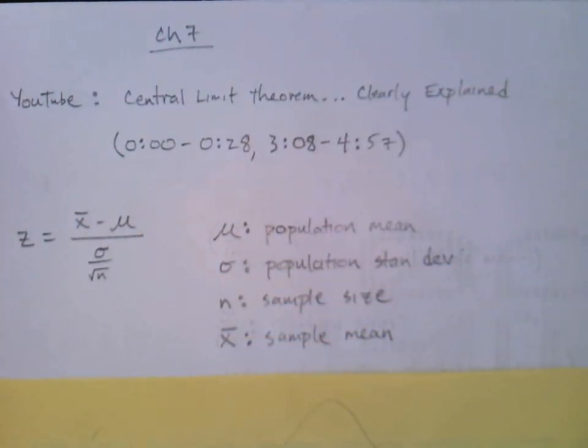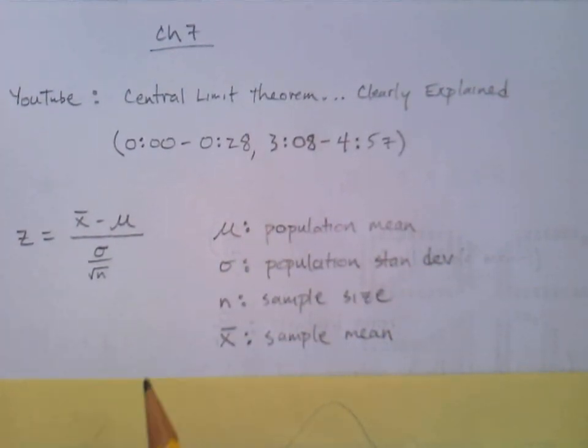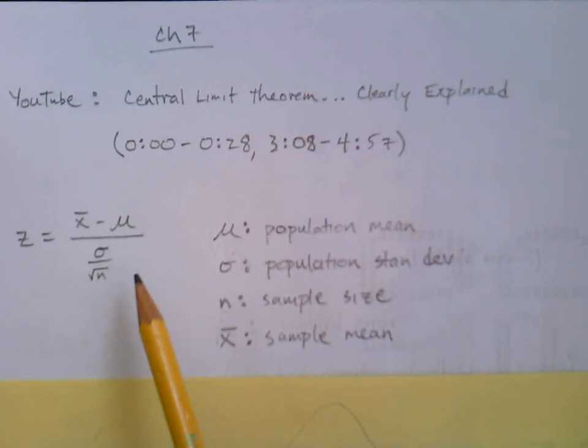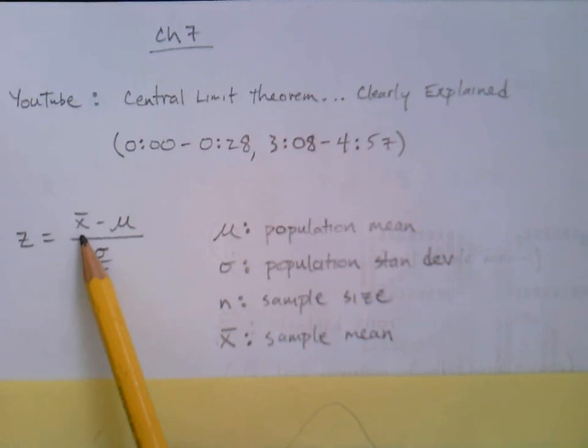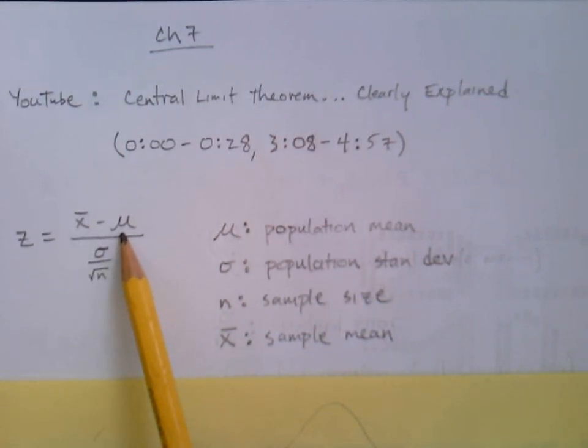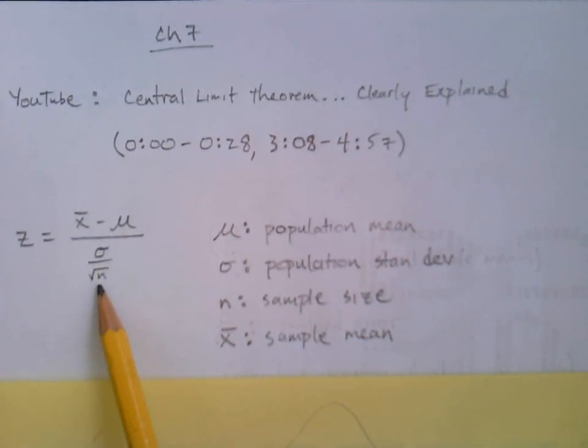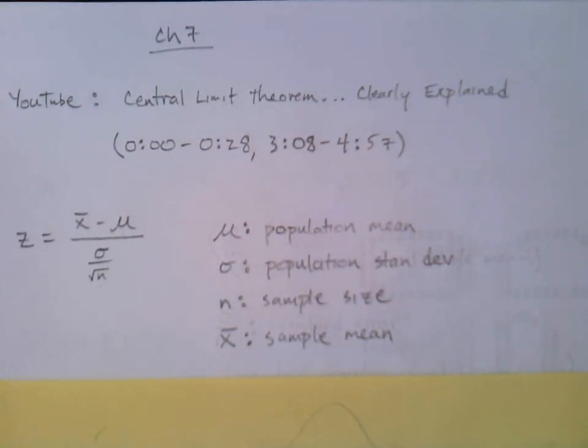In the end, we come to this formula, and it looks very similar to the original formula for the z-score. Here, instead of x, we have x bar. We still have mu, so that carries over. We still have sigma, but now we divide sigma by the square root of n. Again, hopefully you read this already, but I'm just trying to quickly summarize and maybe make it a little bit simpler. And oftentimes the second or third time that you hear something explained, it starts to click.